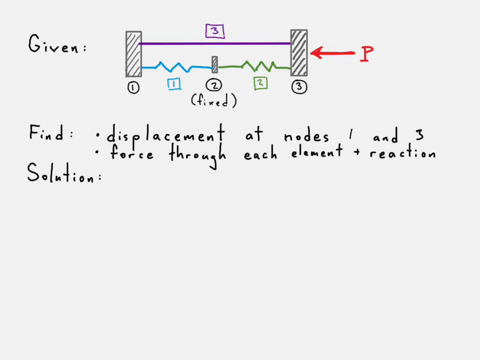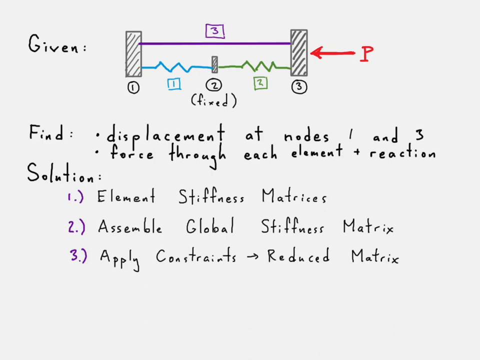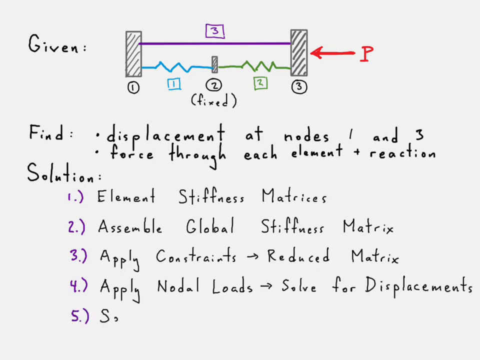And the solution involves the same steps that we've seen before. First we need to put together the element stiffness matrices. Then we assemble the global stiffness matrix from those element stiffness matrices. Once we do that, we apply the constraints to that global stiffness matrix and create our reduced matrix equation. Then we apply our loads, solve for the displacement results,